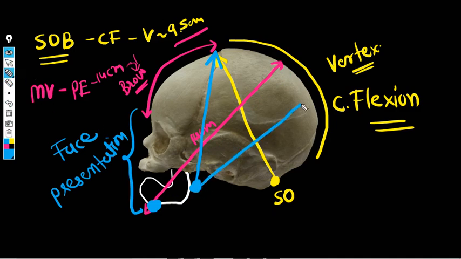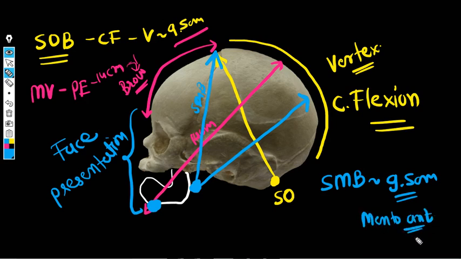Submentovertical, this diameter. Okay, so you see here what is happening is, if there is a face presentation, the engaging diameter will be two. One will be submentobregmatic. This is, my friend, submentobregmatic, and that diameter is 9.5 centimeters. It happens when there is a mento anterior position. Okay, if the position is mento posterior, the engaging diameter will be submentovertical, this one,